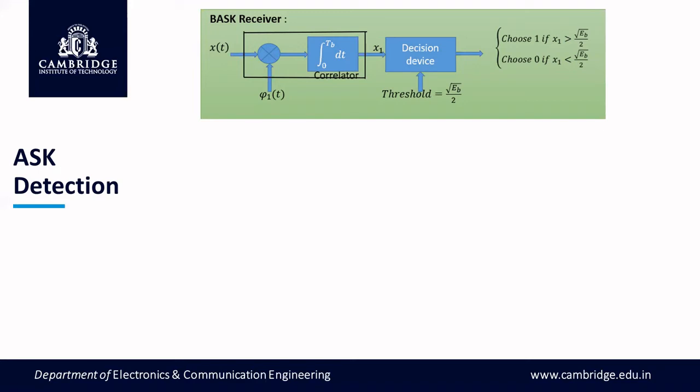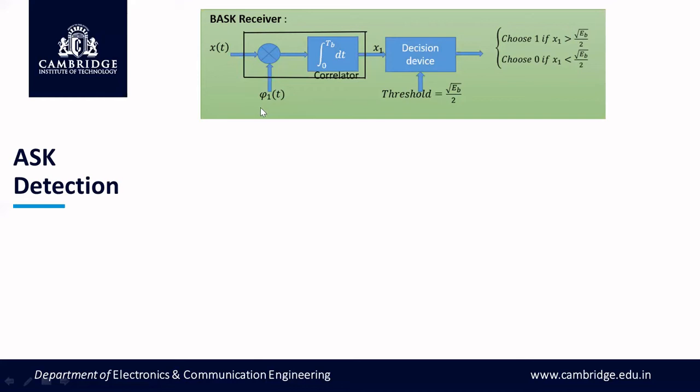The receiver uses coherent detection to get back the transmitted symbols. So to calculate the probability of error of binary ASK coherent detection, we start with an understanding of the received signal. The received signal X of t in the receiver contains two signals. One is the transmitted signal S of t, another one is AWGN noise. Coherent detection starts with a replica of the basis function phi1 of t that is used at the transmitter, which is generated in the receiver itself. It is locally generated.